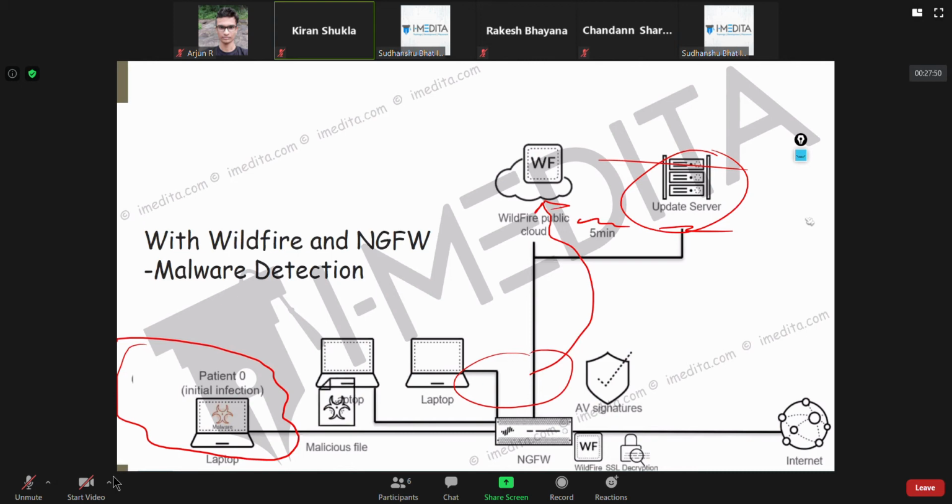At the grassroots level, it's basically a server that you run in your environment to run these WildFire files. So you can have your own private cloud if you don't feel comfortable submitting files to the public cloud.